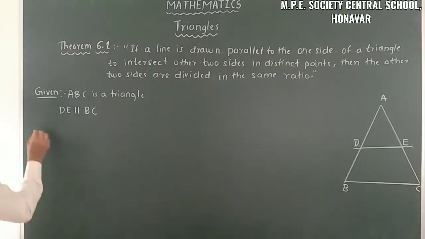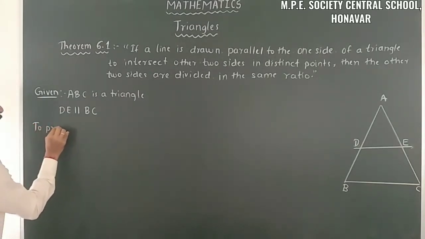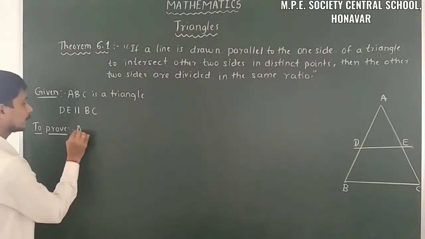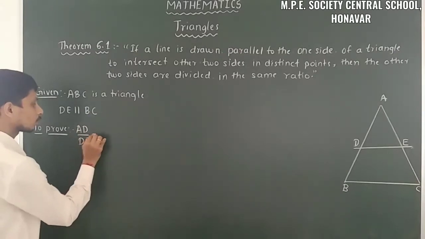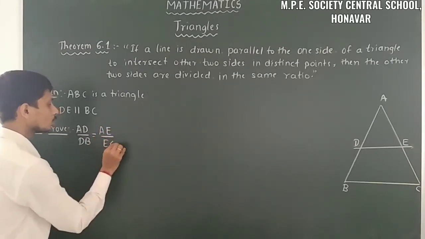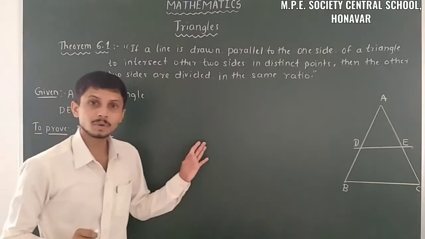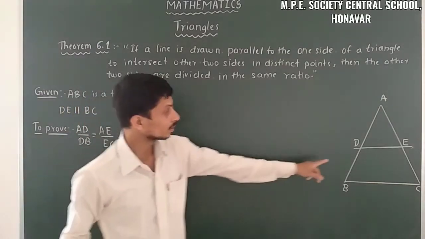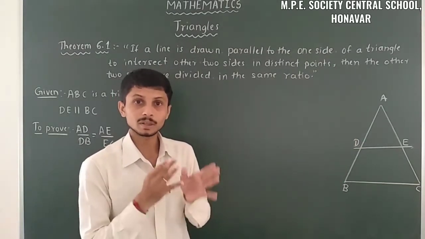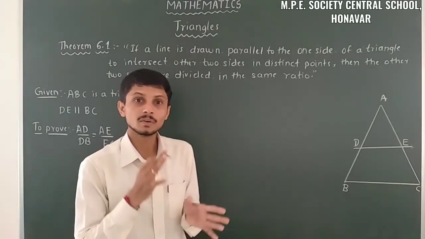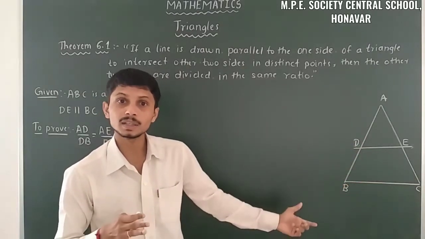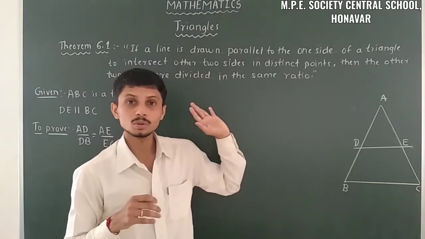Okay. So then what do we have to prove here? What we have to prove is that AD by DB is equal to AE by EC. AE by EC we have to prove here. So for that we want some construction, because when we take DE and AD, AE and EC together, we have to be aware of areas. So when we take this side and this side, we have to be aware of area. From the area only we can easily take those two sides.